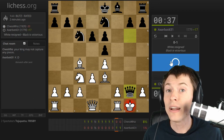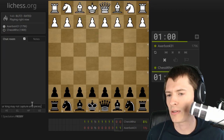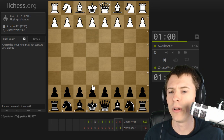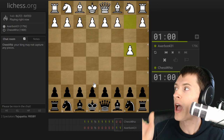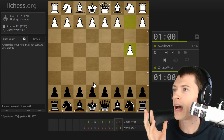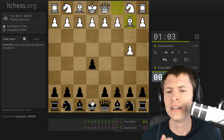Axer Bot, he's so happy. Well, that is the one good thing. The one good thing is that whenever something bad happens to you in chess, it's probably good for your opponent. I mean, life is not always like that. It's not like you can be like, "Yeah, my mom has cancer. I'm so sad." And then everyone else is feeling good because your mom has cancer. If that's true, you've got the wrong friends. Generally speaking,